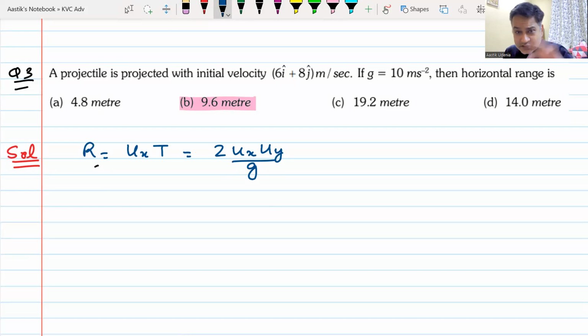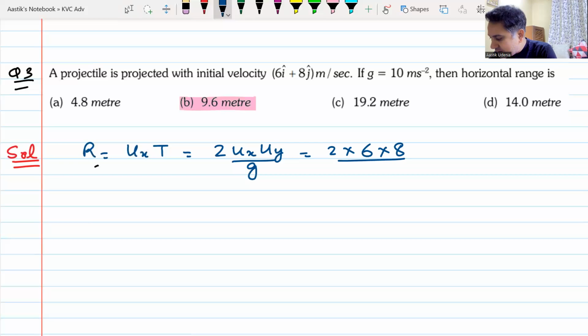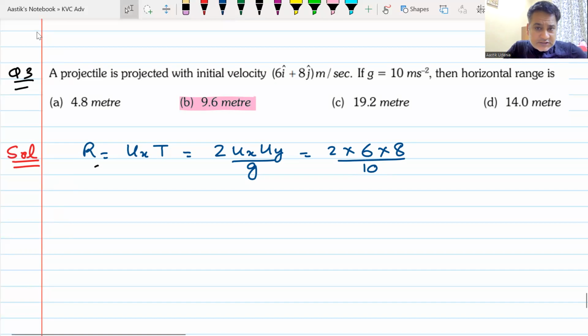I had given you range in different ways. The more the number of ways that you can remember, the faster is the question that you can do. Now it is very simple. 2 into 6 into 8 divided by 10. Yes or no? Yes, sir. And that is your answer. Well done. While we will do more questions, but right now let us shift to one thing that we should do,